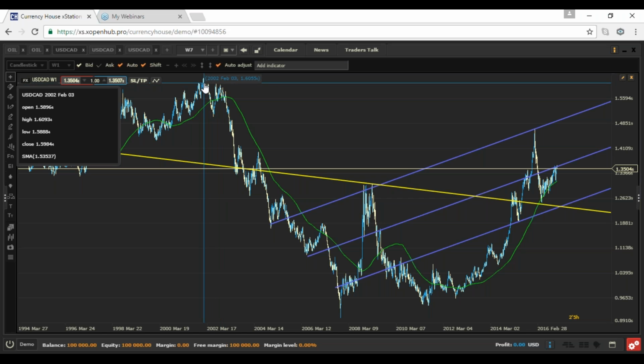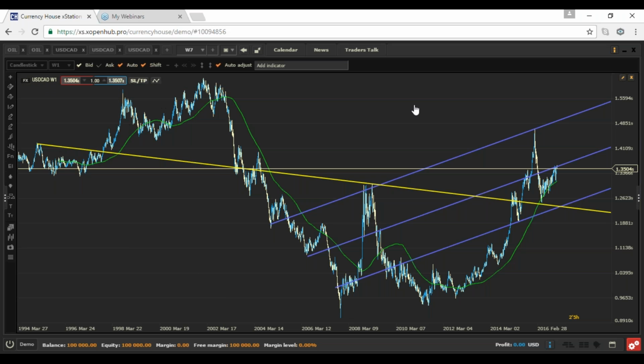We have seen this level in early 2001, 2002, in these years. According to the strong USD trend, we could predict such a movement. And take a look at this. It's more than 2,500 pips to go. So what I should say is we have to be aware of that possible scenario,